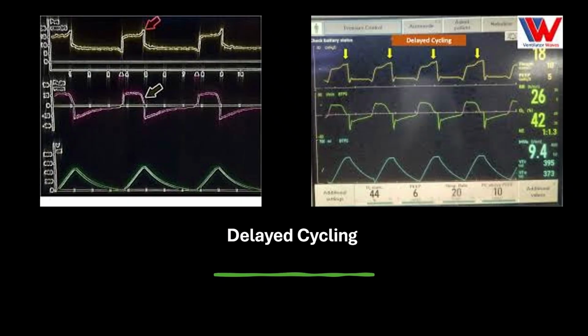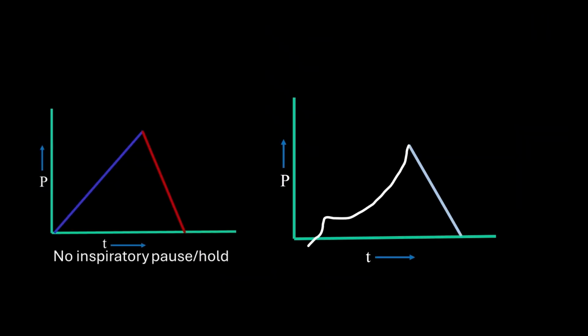Okay, sometimes you may see a scooped appearance of the pressure time scalar in the volume control mode. So this is volume control mode, pressure time scalar. This is kind of smooth. Here there is a scooped pattern, which is seen in flow starvation. If you see this kind of picture, the patient is having some flow starvation, which is again a type of